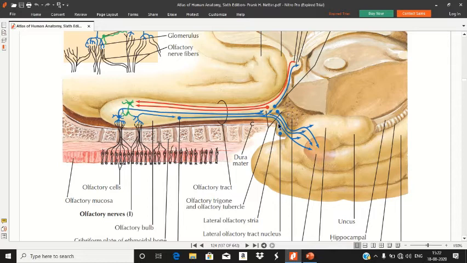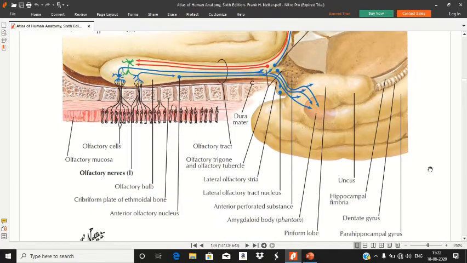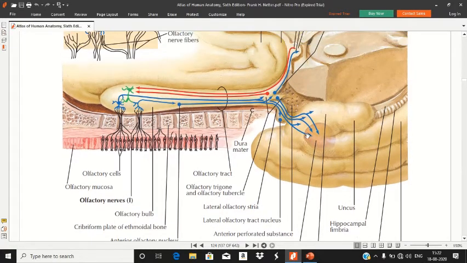Then let us discuss the lateral olfactory striae. This is the lateral olfactory striae. It passes along the anterolateral border of the anterior perforated substance, and then turns abruptly backward and medially to be continuous with the gyrus semilunaris. Let me show you this gyrus semilunaris. Here you can see that this is the gyrus semilunaris,